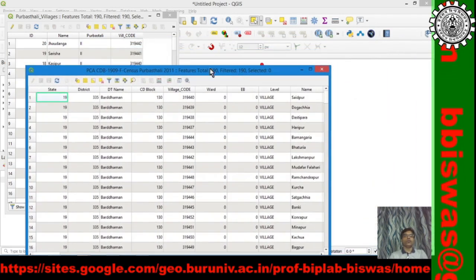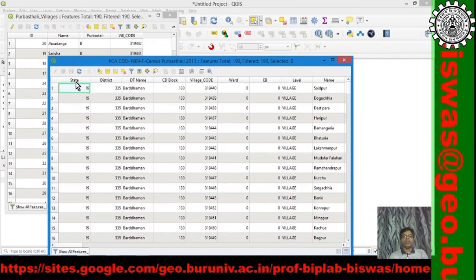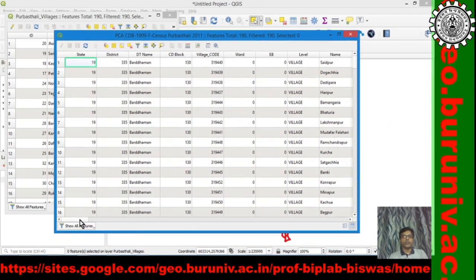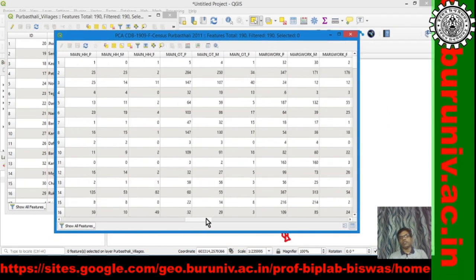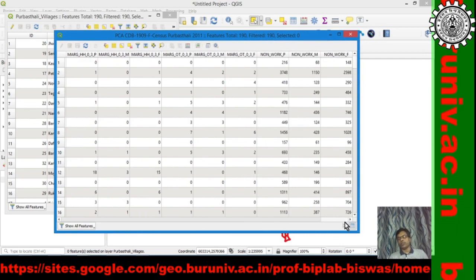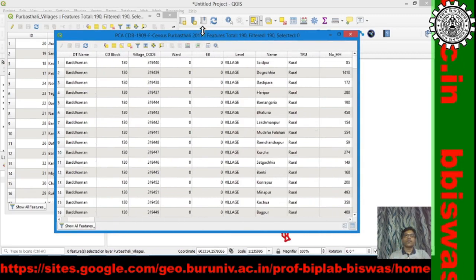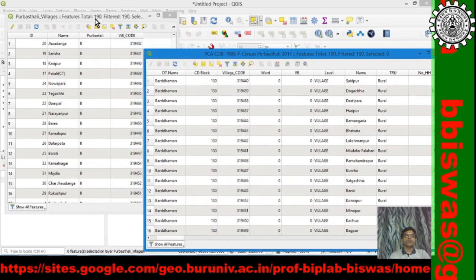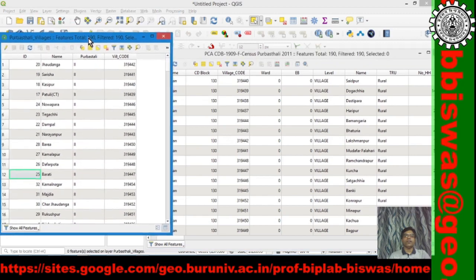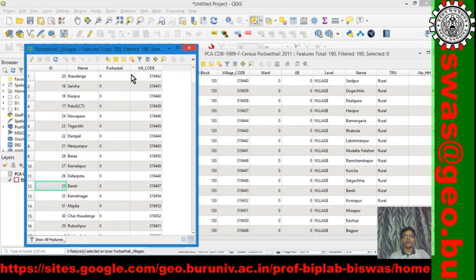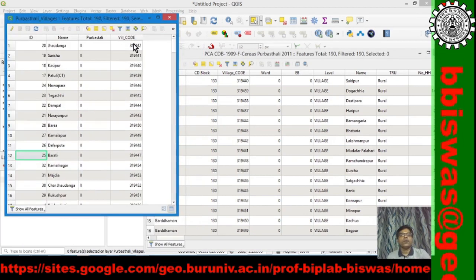Now one more thing, this Excel table data has so many fields, and GIS has no limit on adding fields, and this spatial data has a few fields which we entered while digitizing the vector layer.